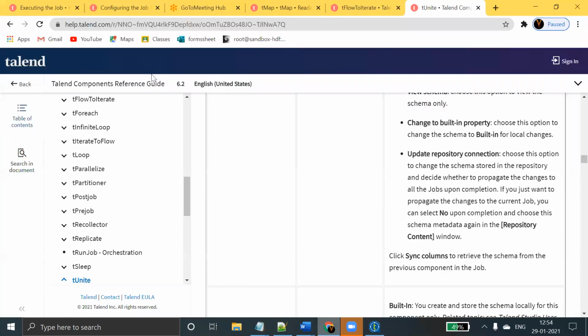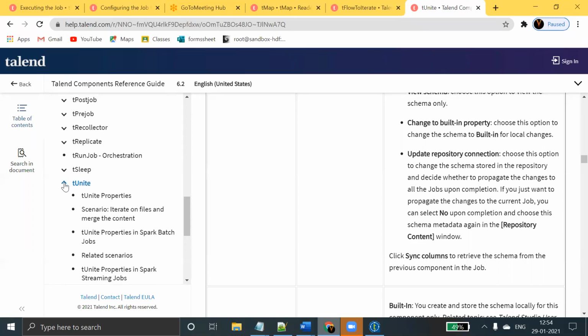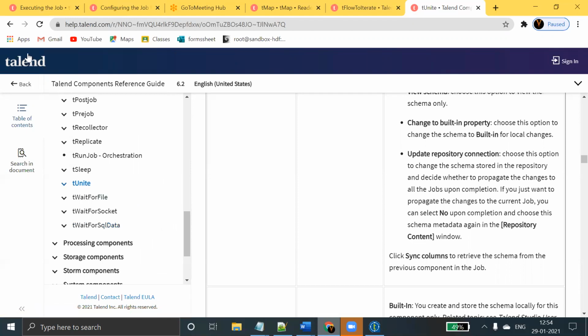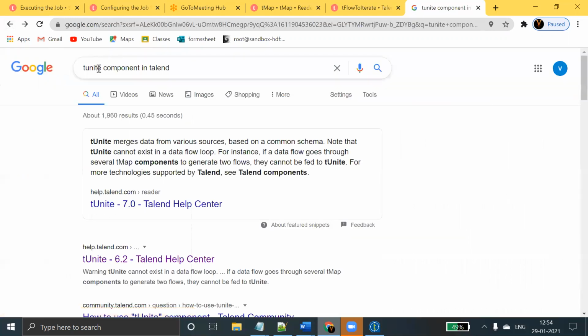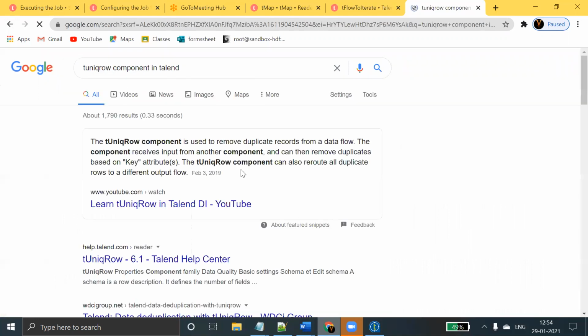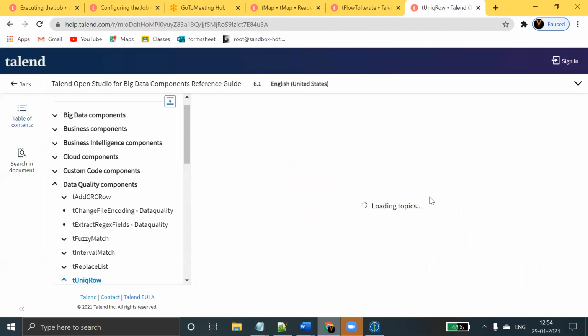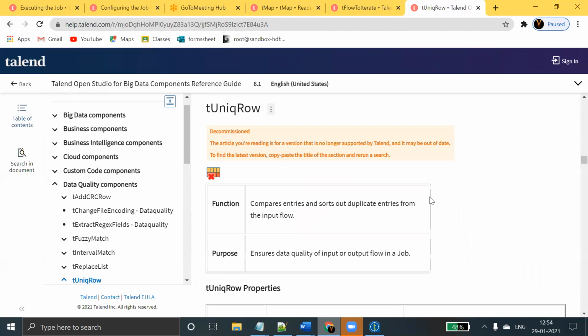We'll see how to eliminate duplicates with it. The tUniqRow component will compare entries and sort out duplicate entries from the input row.